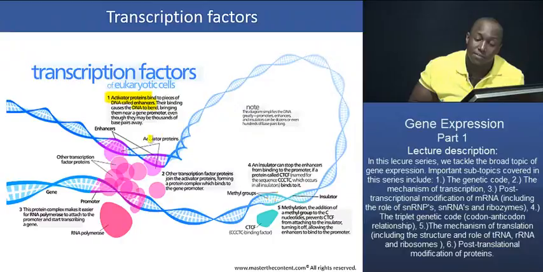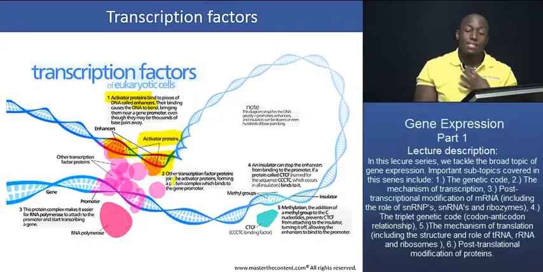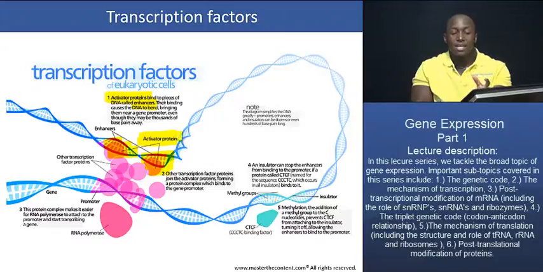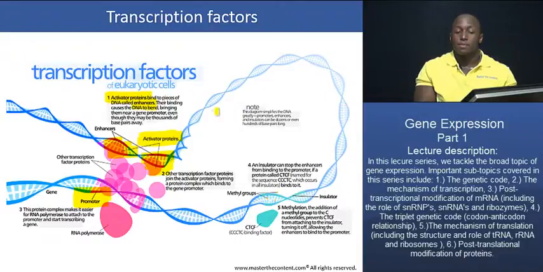As you can see, we have activator proteins right here attaching themselves to enhancers right here. That combination of activator proteins and enhancers bends the DNA molecule to bring it closer to the promoter. It doesn't matter if these enhancers are several thousands of nucleotides away from the target promoter sequence. That DNA strand just bends around such that it brings those transcription factors into close contact